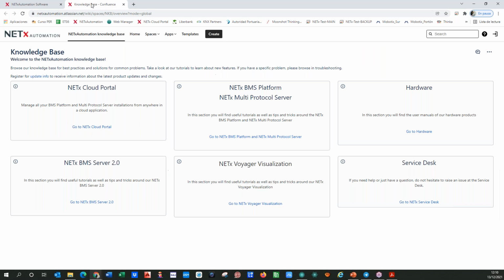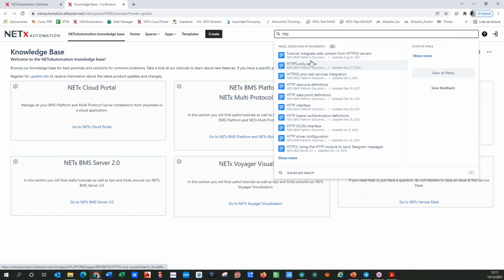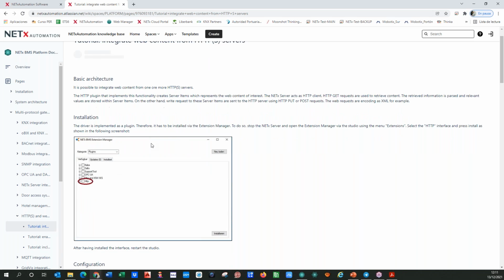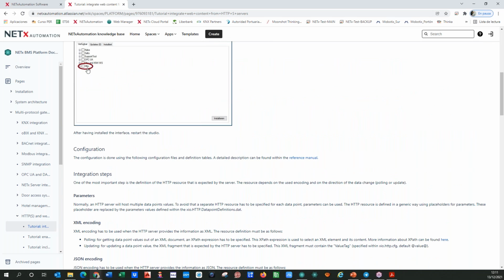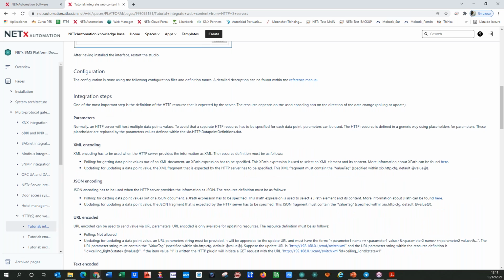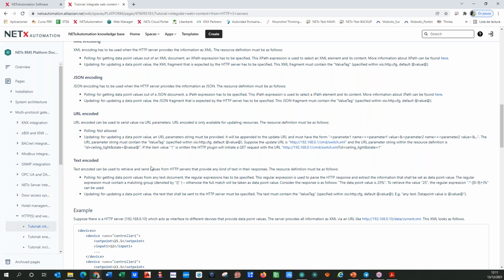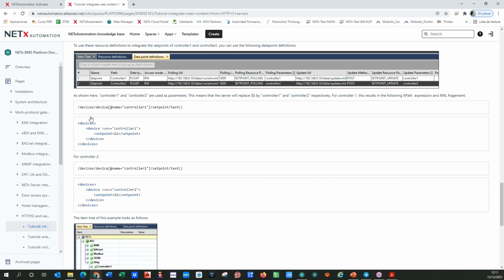And this is a really nice tool for you, because you will see here a lot of examples. You can just write a filter, for example a tutorial on integrating content from HTTP servers. You have the explanation of how it works, how you get the driver, because the driver is not installed by default. I have it here. It explains the XML, the JSON, the URL, the text and code, an example, and whatever. So this is really interesting for you